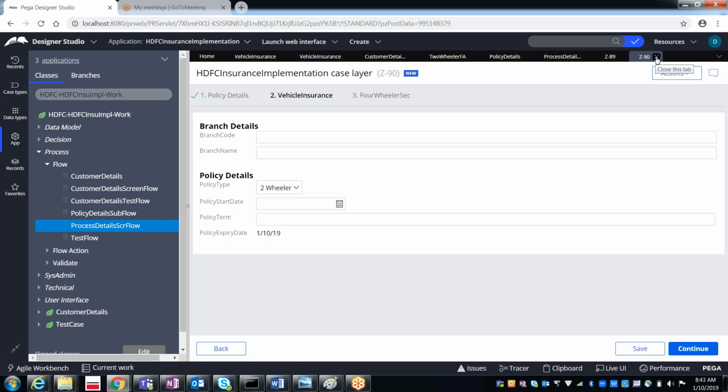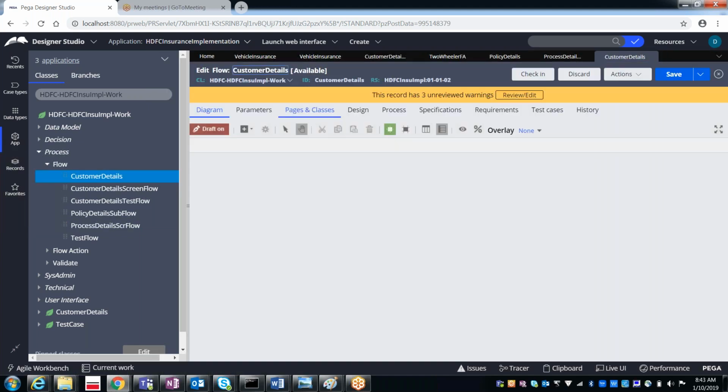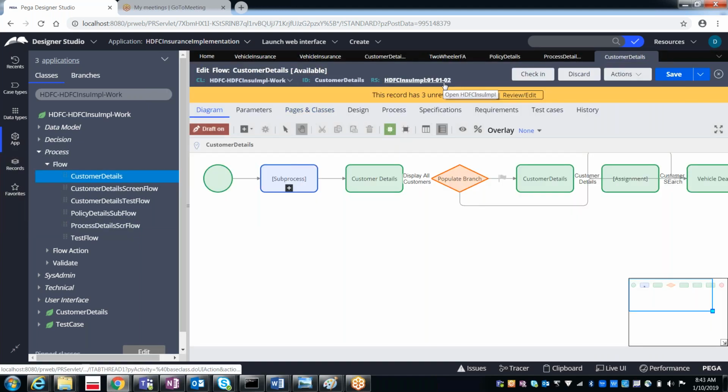It will always take from the higher version, not from the lower version. So if I click on customer details, you see again it will open 010102. And even in 010102, in case you did a check out, that checked out version will open. Otherwise it will open the 010102 which is in checked in mode.